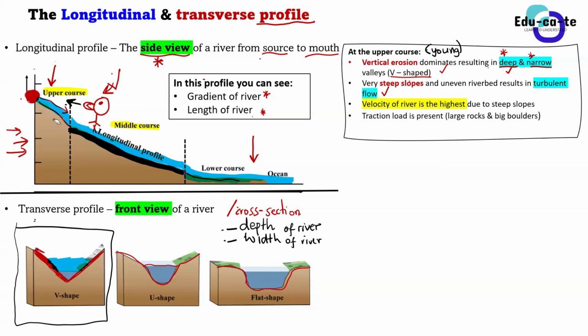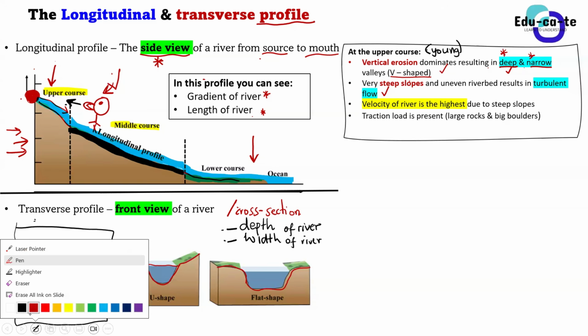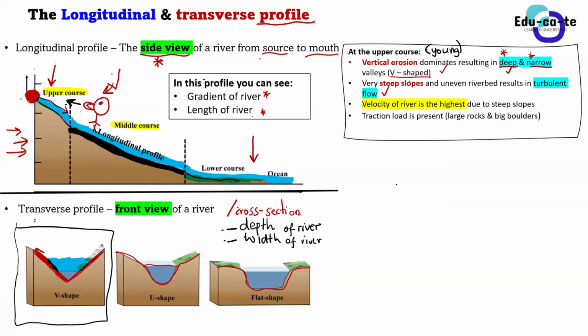The riverbed is uneven. So basically, if we say that the riverbed is uneven, guys, remember, when we're talking about the riverbed, what are we talking about? So let me just make a diagram of a transverse profile. If we have a river that is flowing in a valley like this, the bottom part of the river is known as the riverbed. So the riverbed is the bottommost part of the river. If you were to sink, you would sink to the riverbed, the most bottom part. The part at the very bottom, the one that we use to measure the depth of the river, that is the riverbed that we're talking about.